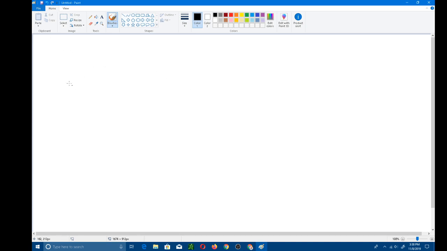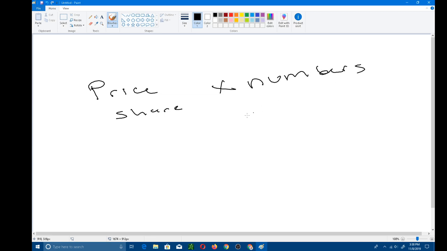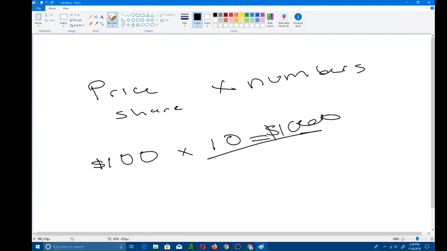Okay, so market cap means market capitalization, which is the price of a share times the number of shares in the float. And that makes sense, right? So if I have $100 trading for a stock like Microsoft, and I have 10 of those shares in liquidity, what is the total value of the stock? It's $1,000, right? So it's $1,000 that's sitting in the actual float. The market cap of this stock would be considered to be $1,000.